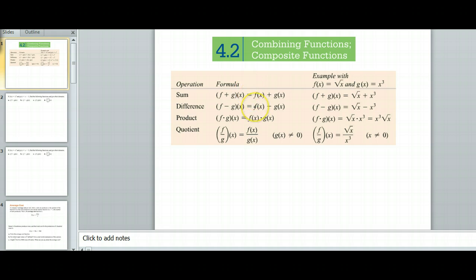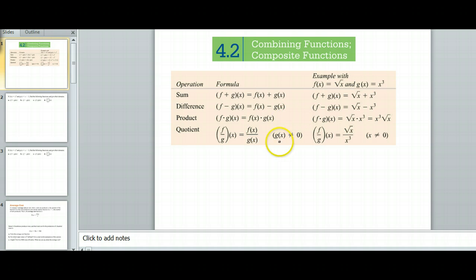Okay, they give us an example right here. So square root of x is the first function, x cubed is the second function. This notation means just add those two things together. This means subtract them. This means multiply them together. This means divide them, provided x is not equal to 0. We can't ever divide by 0. Okay, so this is what we're